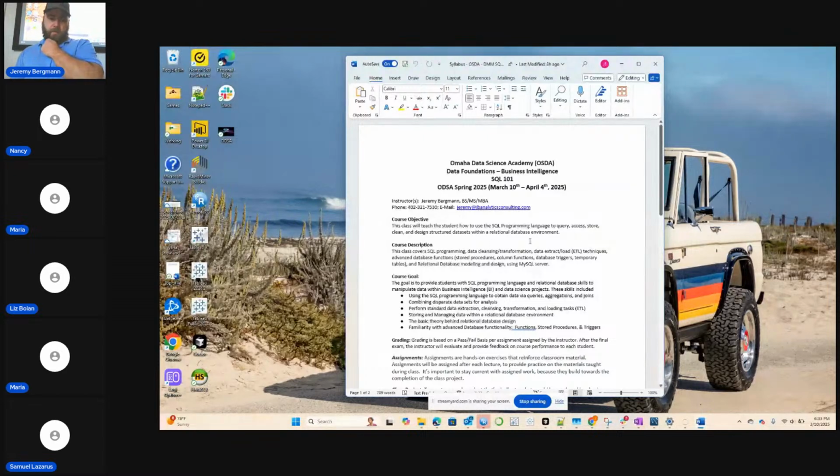Okay. So the course objective: this class will teach a student how to use SQL programming language to query, access, store, clean, and design structured data sets within a relational database environment. So this class has traditionally been called data manipulation and management. So management of data is a big part of it. Like, how do you collect it and how do you store it and update it and clean it and so forth.